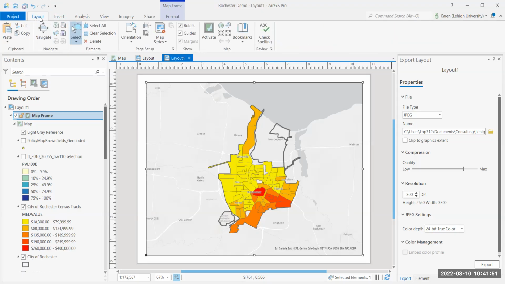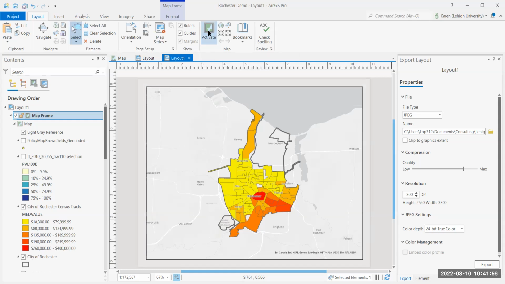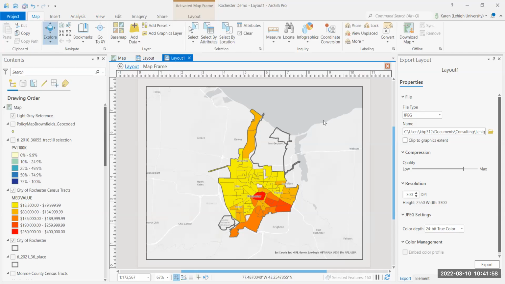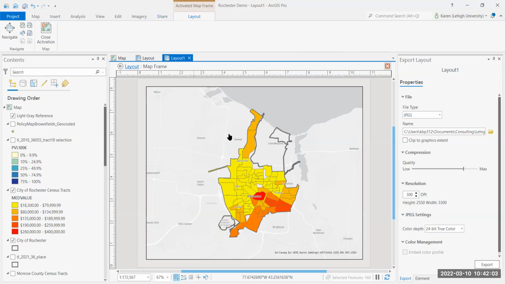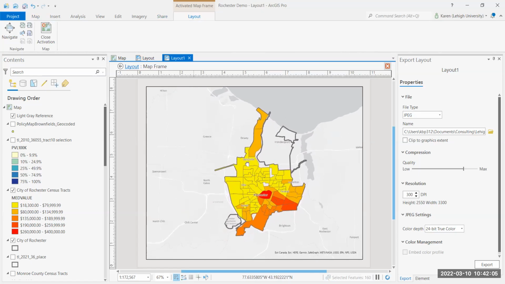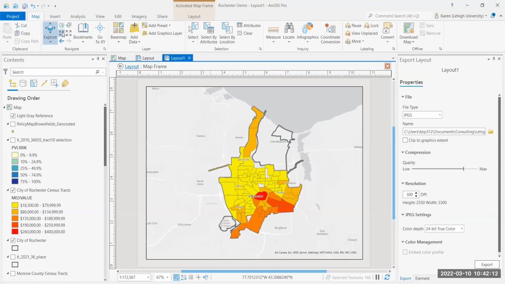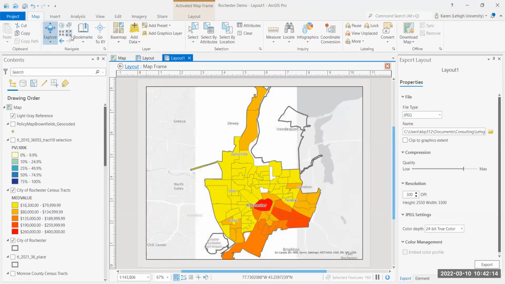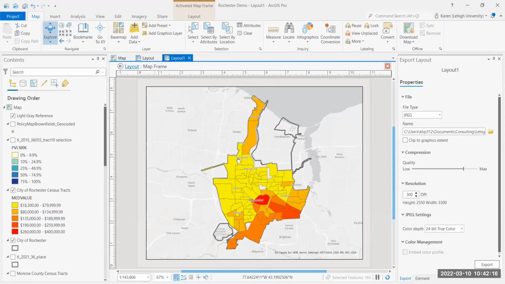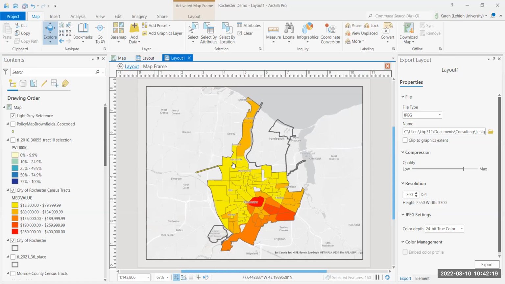If you're clicking on the layout tab, one of the things you can do here is activate. This is the only way, only when you truly mean to, that you can change where this thing is. Now I'm in my layout, I've activated, and so I'm moving around where I am. If I want to zoom in some more, I can zoom in some more. If I want to zoom out a little bit, I'm going to zoom out a little bit, move this one last time. Yes, this is exactly where I want my layout to be for Rochester,